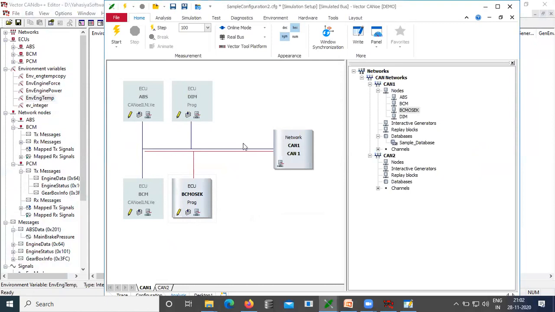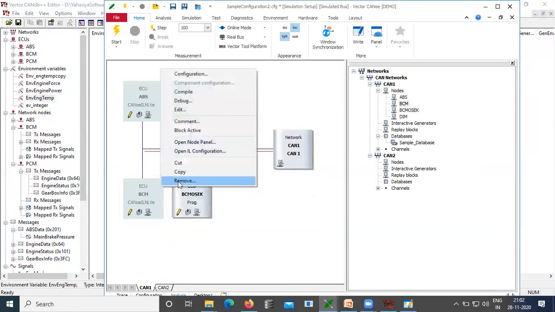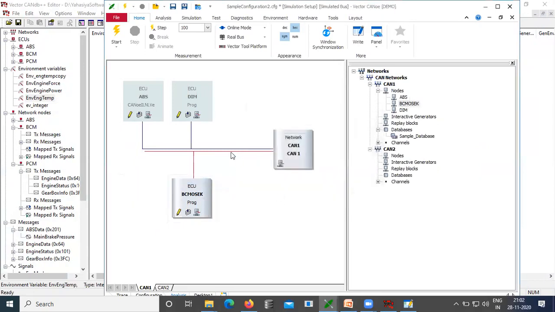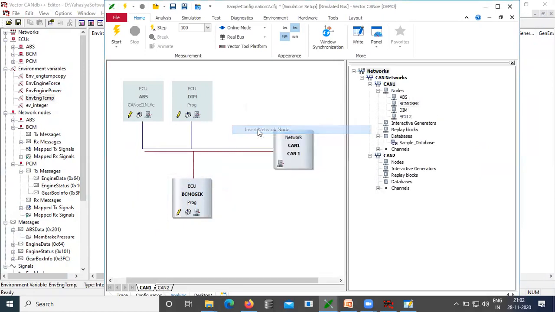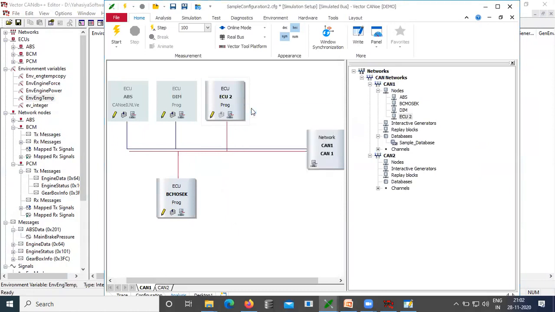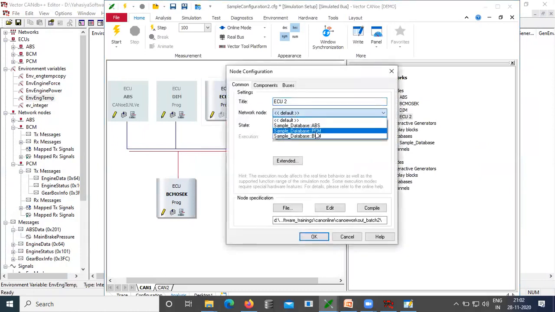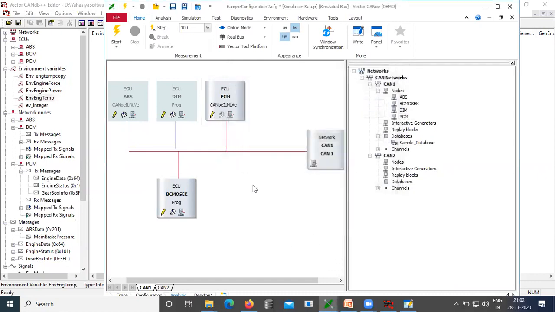PCM is not here, so I remove DCM and then add configuration. Then I select PCM. Okay, that's all. Now let me run it.